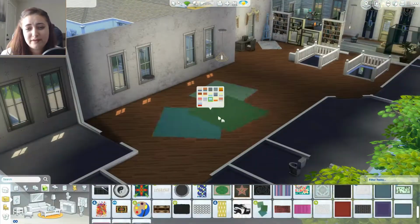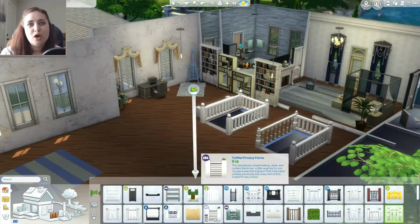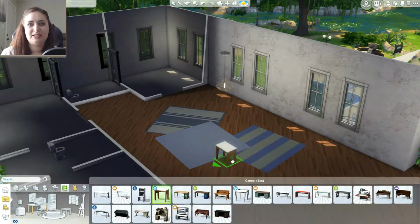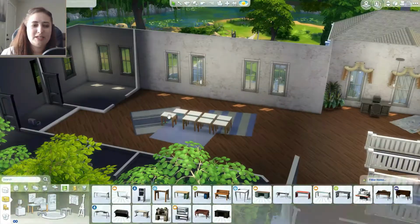teenagers. But what I felt was the main premise of this room itself was for the children and teens to have space to have club events, because